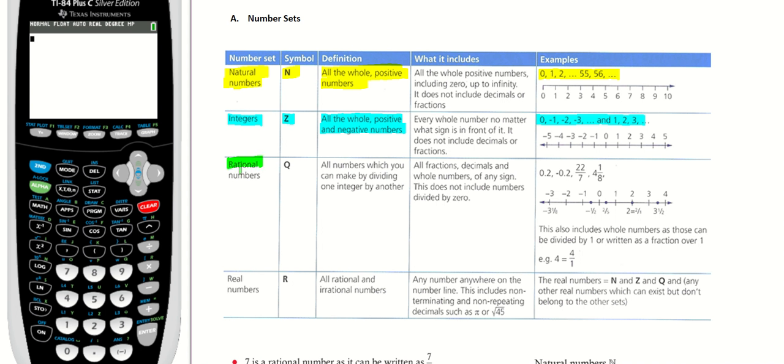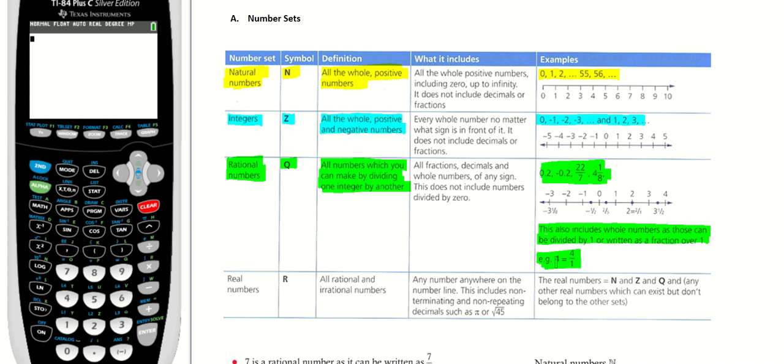The third set is called rational numbers, represented by the letter Q, which is like quotient, and rational is like ratio. And so this helps you remember that these are all the numbers that you can make by dividing one integer by another. So basically any number that could be represented as a fraction of two integers. So this also includes whole numbers, as those can be divided by 1 or written as a fraction over 1. So you have to think about anything that could be written as a fraction,